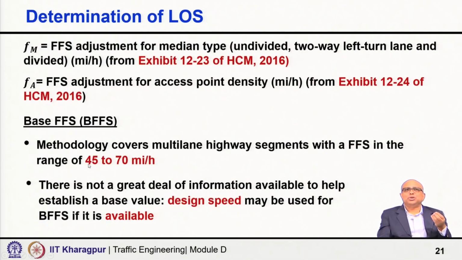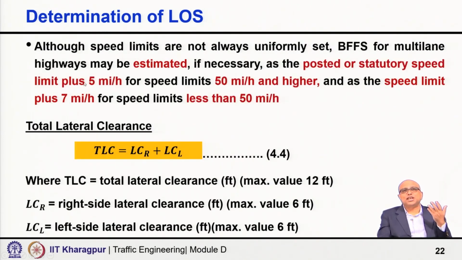Here, for the base FFS, we must understand that the methodology covers multi-lane highway segments with FFS in the range of 45 to 70 miles per hour, and there is not a great deal of information available to help establish a base value, how much we should take as the base FFS. So, one hint is that design speed may be taken for BFFS if it is available, and in some cases there may be speed restrictions. Although speed limits are not always uniformly set, BFFS for a multi-lane highway may be established if necessary